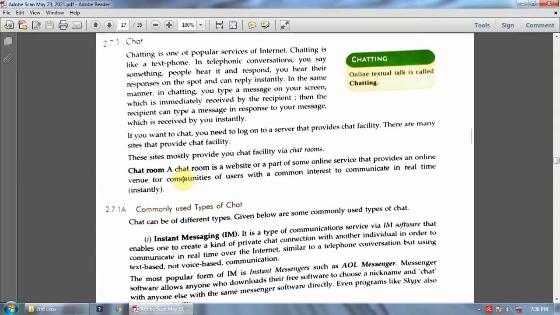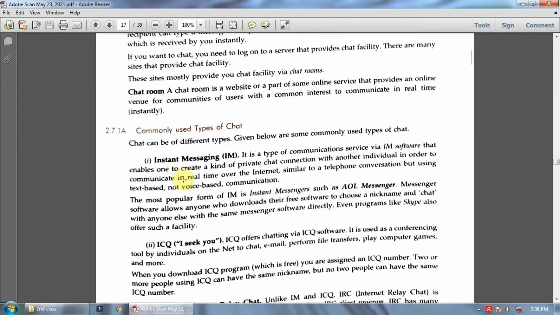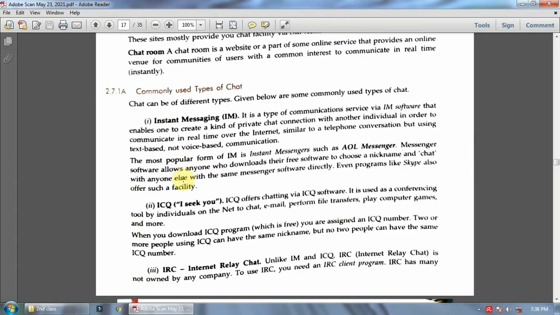In Yahoo Messenger, if you wanted to chat with someone, you had to create an ID, then enter a chat room with similar interests. Suppose you have an interest in football, so you can join a group chat room for football. It means people who have an interest in football join that group and can chat with one another. So those are known as chat rooms. But nowadays chat rooms are not much popular.